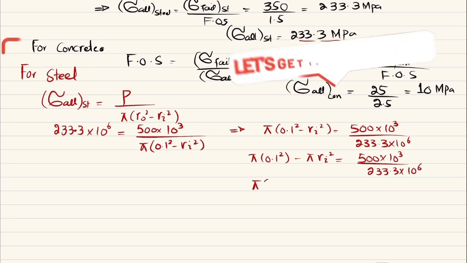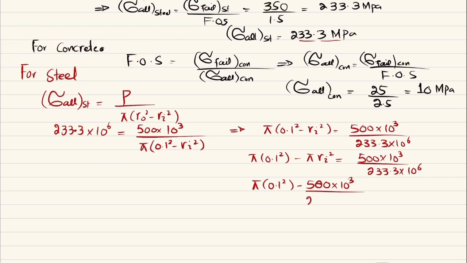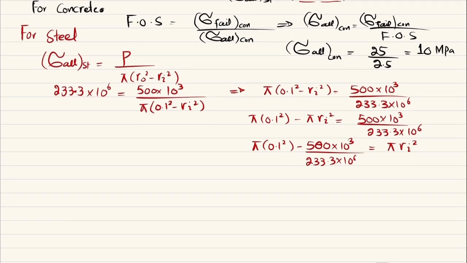So what we will get is that pi into 0.1 square minus this value 500 into 10 to the power 3 divided by 233.3 into 10 to the power 6 will be equal to pi RI square. And if you divide RI on pi on both sides, so you will get 0.1 square minus 500 into 10 to the power 3 divided by pi into 233.3 into 10 to the power 6 will be equal to RI square. And if you take under root on both sides, so RI will be equal to